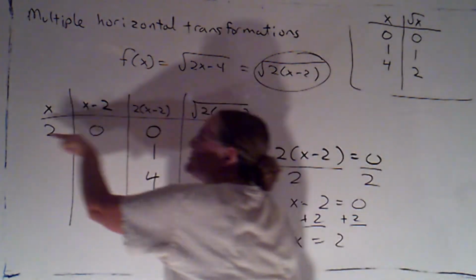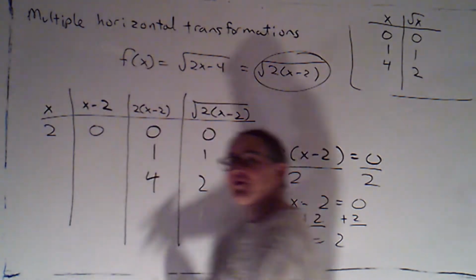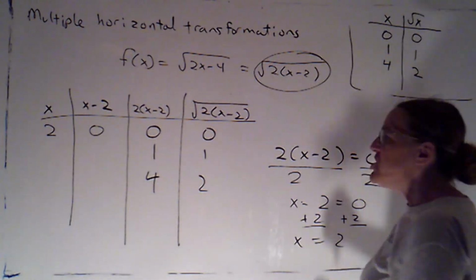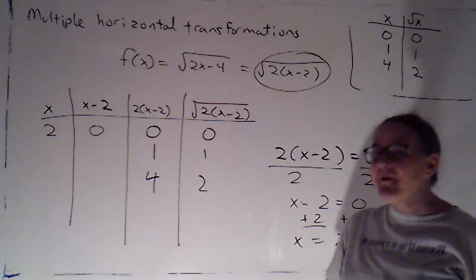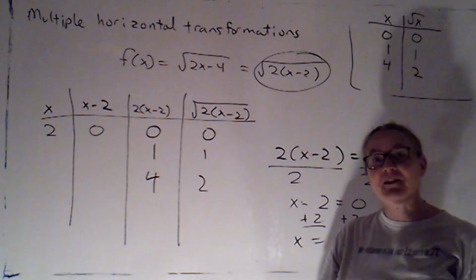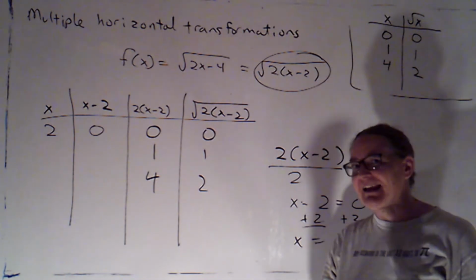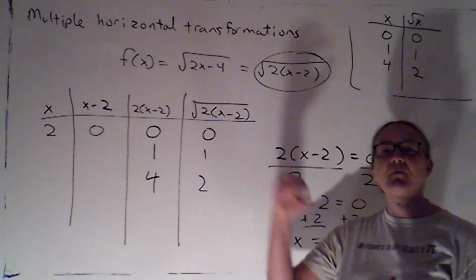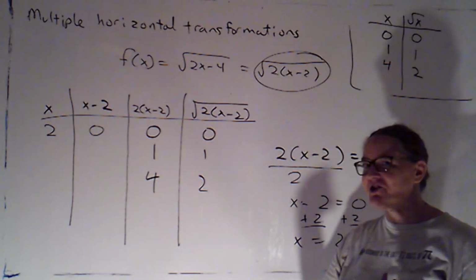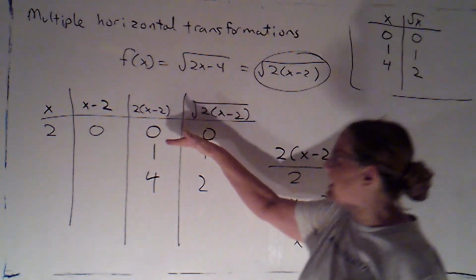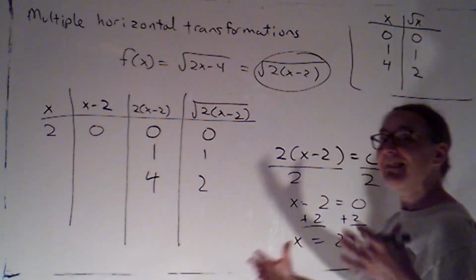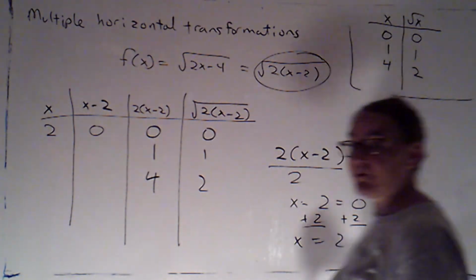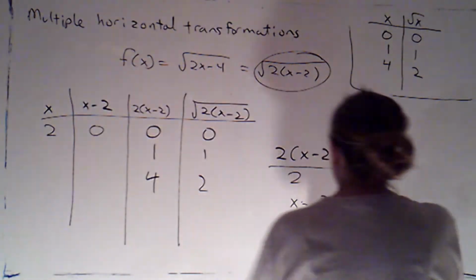But in doing that, I was working backwards. If you're solving for x, you're undoing things, and you're doing that in the opposite order of the way you would evaluate things if you were plugging in a number for x. So when we do the corresponding transformations, we're going to do them in the same order that we're using here in solving for x, which is essentially the opposite of the order of operations. With the other points,